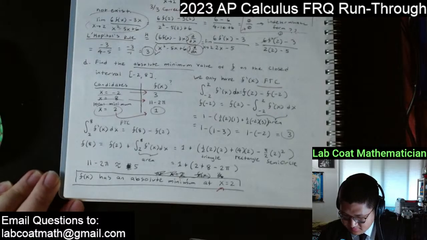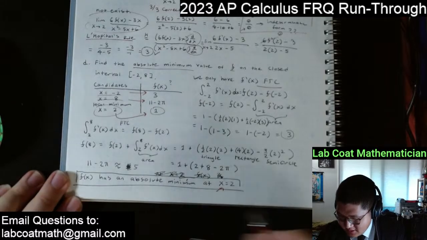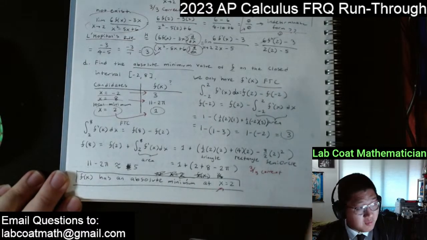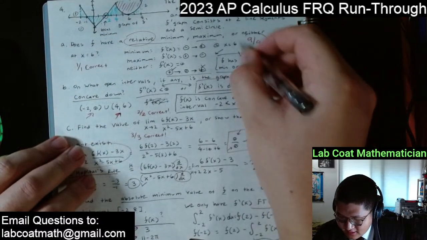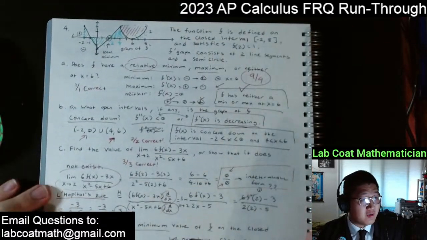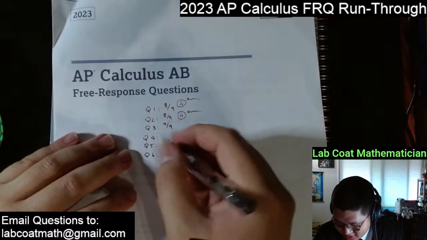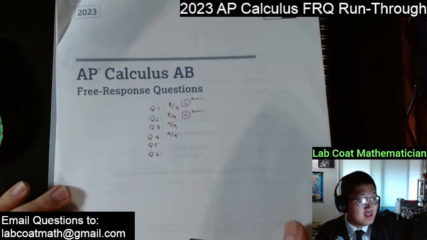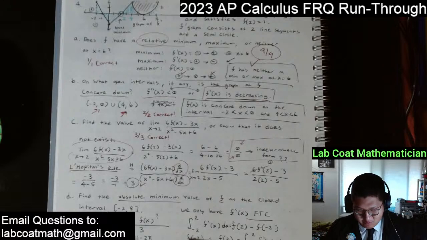Okay, so again, this is an evaluation for all the possible candidates that could be an absolute minimum, and by running through that work, we show that we're 3 for 3 correct for this part as well. Meaning that we get 9 out of 9 entirely for this part of the exam. Looks like we are back on track, scoring the way that we should, getting 9 out of 9 on question number 4. So let's end with questions 5 and 6 and correct them,